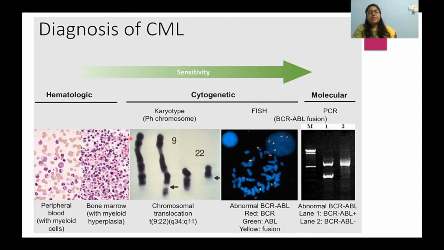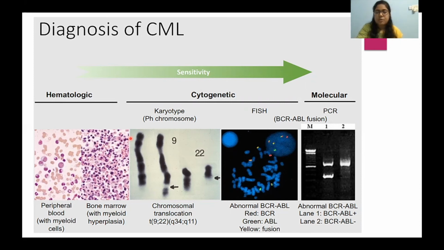Then what we can do is give a panel for JAK2 mutations. If JAK2 mutations are present, then according to the features in the bone marrow, if it is a panmyelosis, it is polycythemia vera. If it is only a proliferation of megakaryocytes, it is essential thrombocytosis. Now, if JAK2 mutations are not there, and even the JAK2 exon 12 mutation is not there, then we will give the extensive MPN panel, that means MPL and calreticulin mutation analysis. So that will rule out the pre-fibrotic stages of primary myelofibrosis.